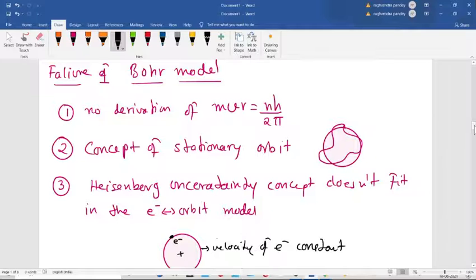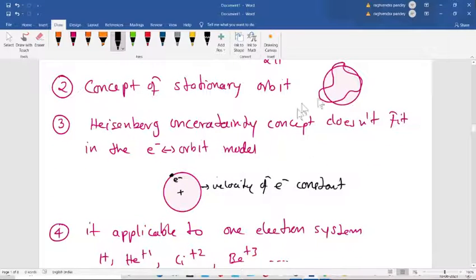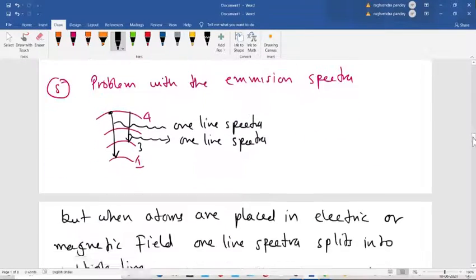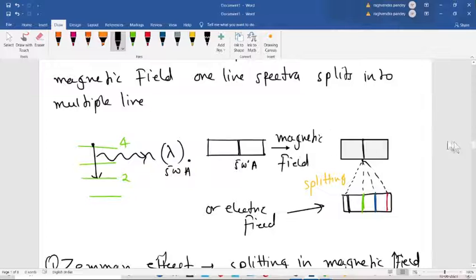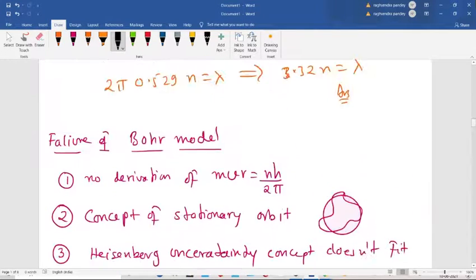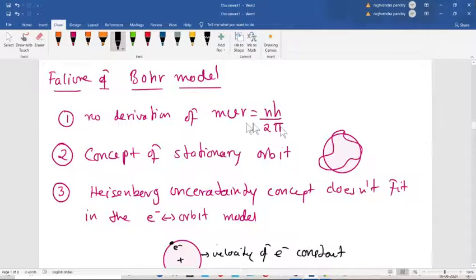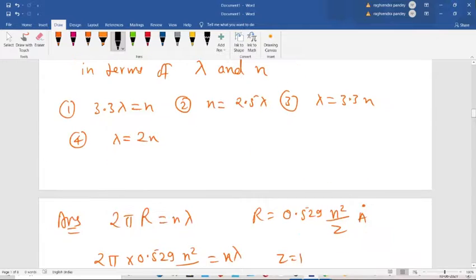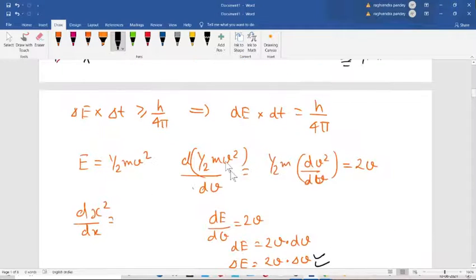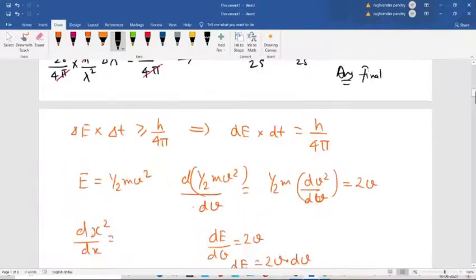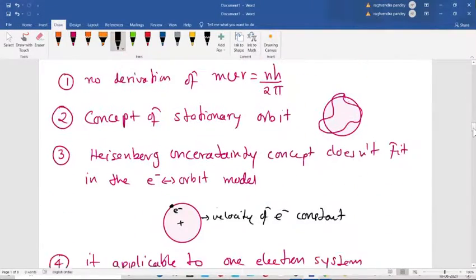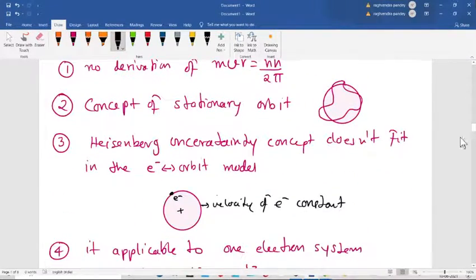This is from the point of view of your school exam. The failures are very important because in school exams they want a paragraph type of answer. School exams will not ask you about all this mumbo jumbo. They ask a simple thing, so just remember this. So this is it.